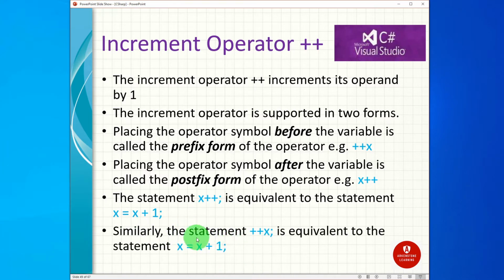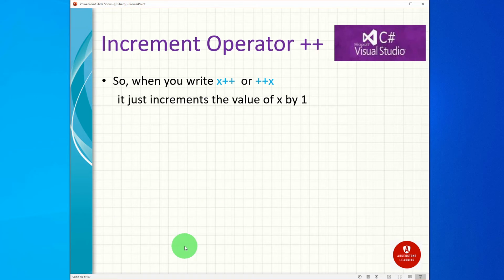Similarly, the statement ++x; is equivalent to the statement x = x + 1. So in summary, when you write x++ or ++x, it just increments the value of x